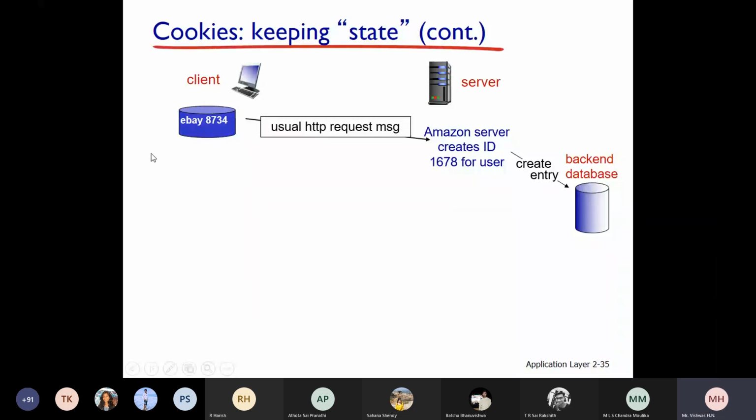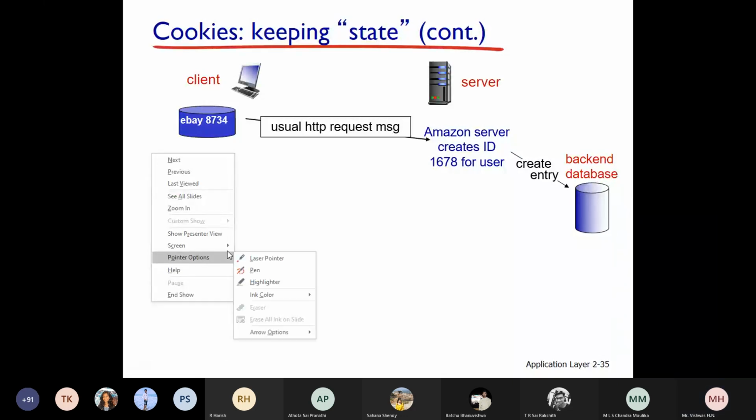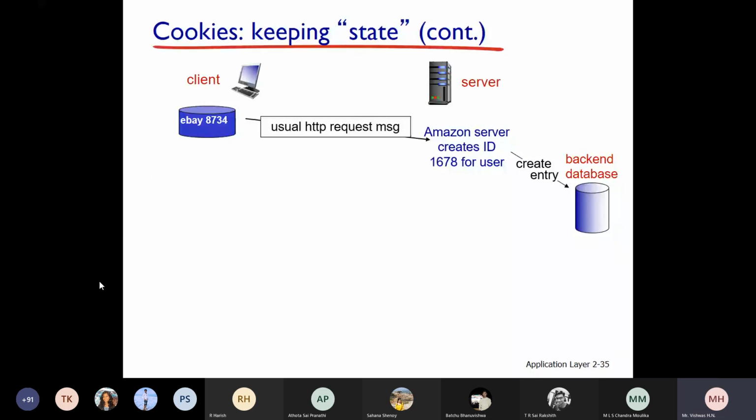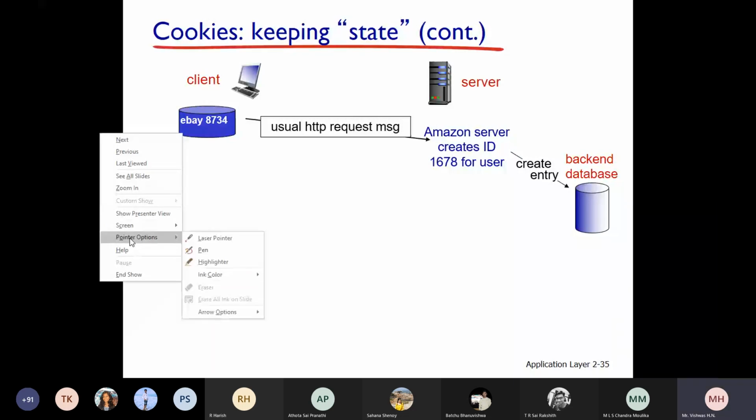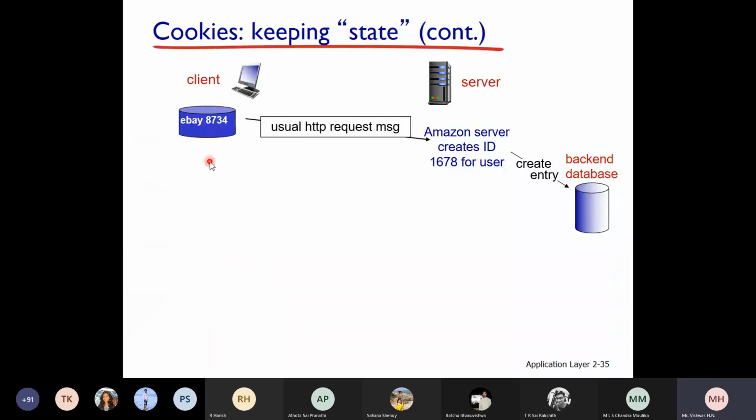Okay, let me take the pointer. Listen students, this is an eBay cookie which is already stored in the client's browser. Forget about this now.